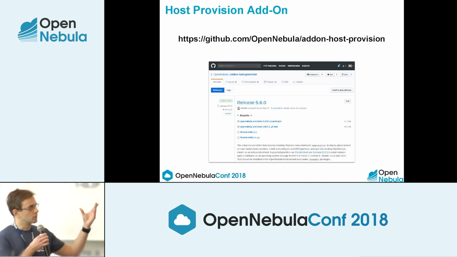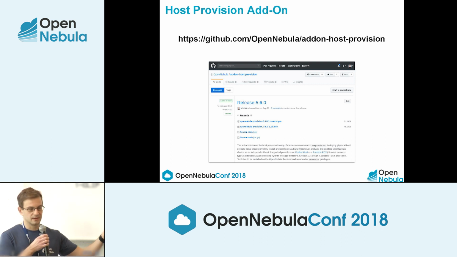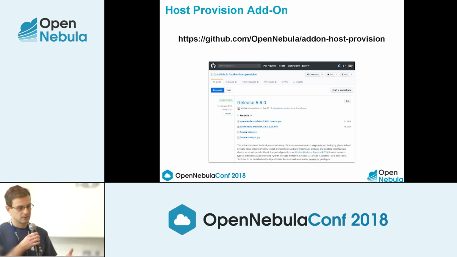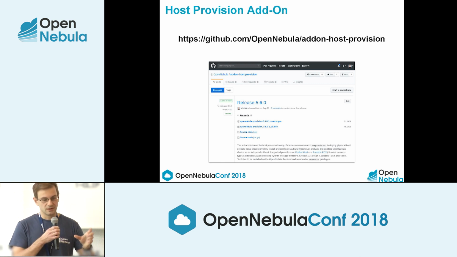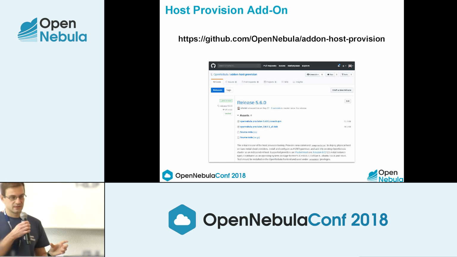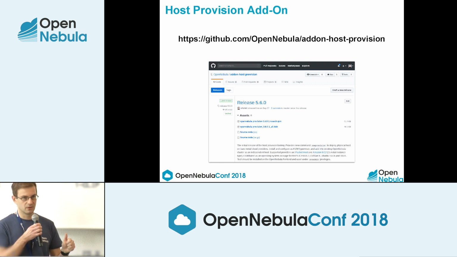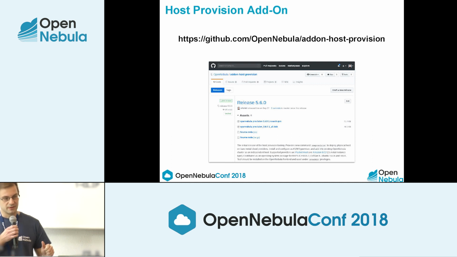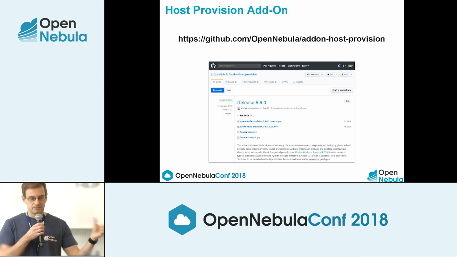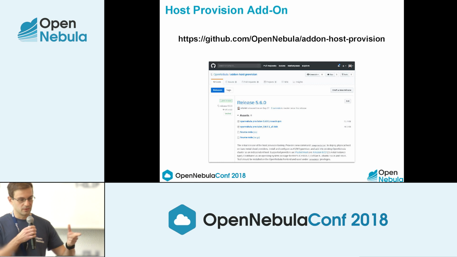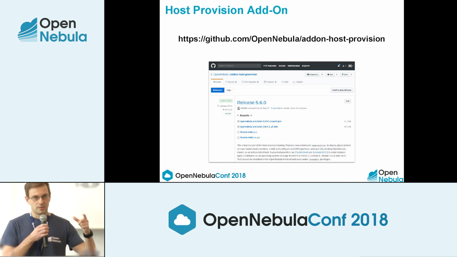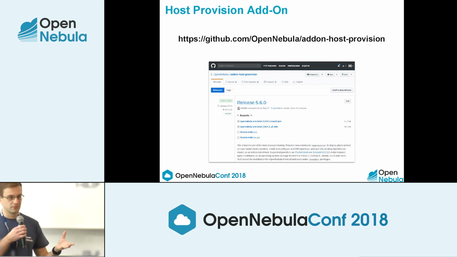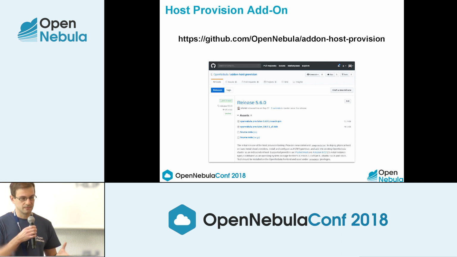This utility, which we have on GitHub as an add-on, is focused on a single use case. It can extend your current cloud with a single bare metal host, in a single run, of course, on a remote cloud provider. We provide the drivers for Amazon EC2, for i3 Metal, and we provide the drivers for Equinix.